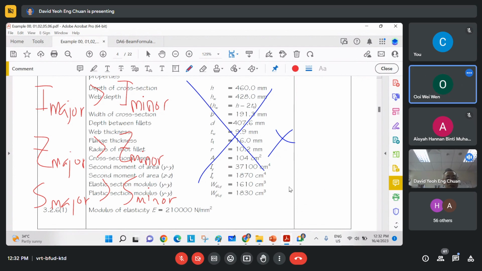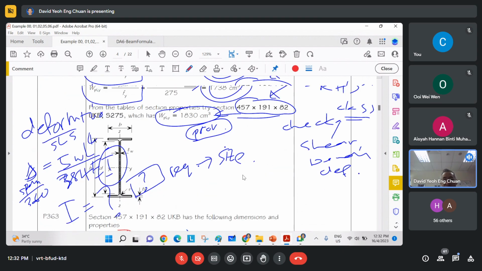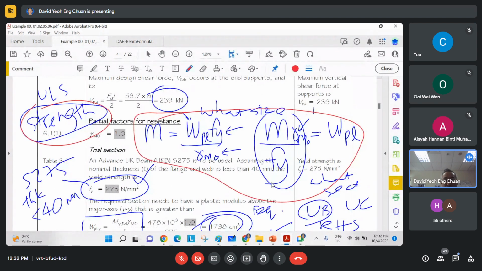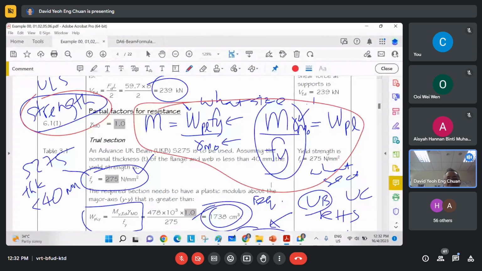All right. Okay, now there's a question here. Can we simply just choose a size? And another question is, why do we use Y-axis and not Z-axis? Okay, so to answer the first question: we cannot simply choose a size. It's not about simply choosing a size. We have to use the guideline, which I've explained earlier on. This is based on strength approach. Based on strength approach, we use this formula: